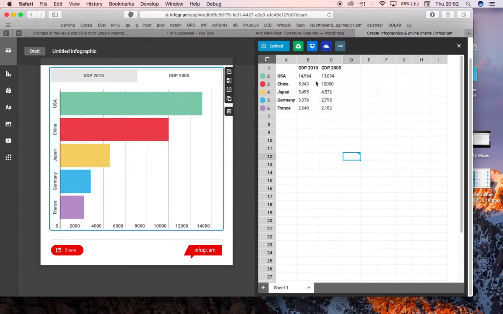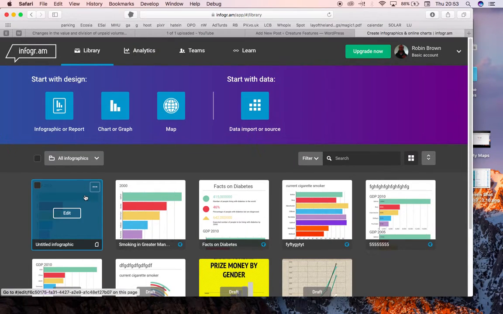So once you kind of get your head around how it works, it should be pretty straightforward to do. We can see that we've got the places down here in this spreadsheet, and that's represented in exactly the same way down the side there, and the numbers across here relate to different years, and again we can see what that looks like there. I'm just going to come out of this and go back to one I prepared earlier,